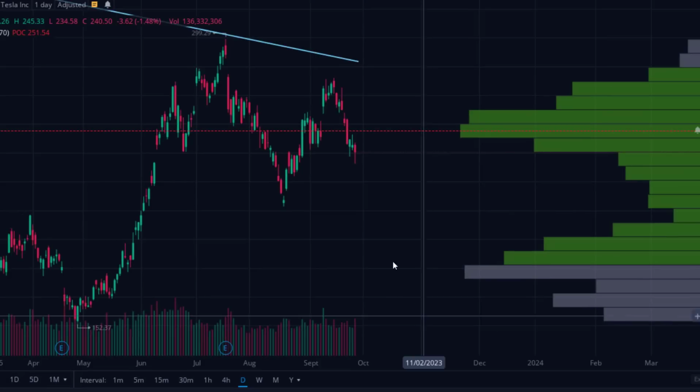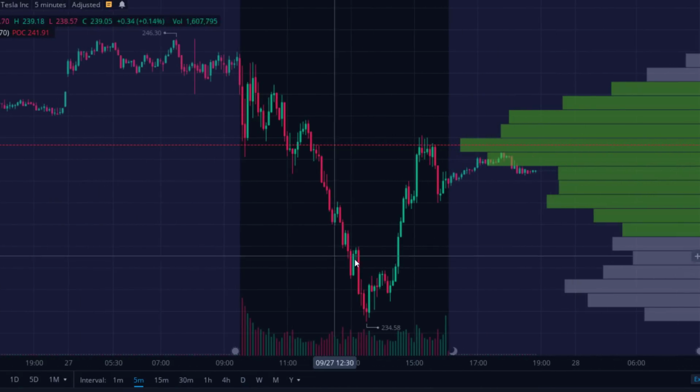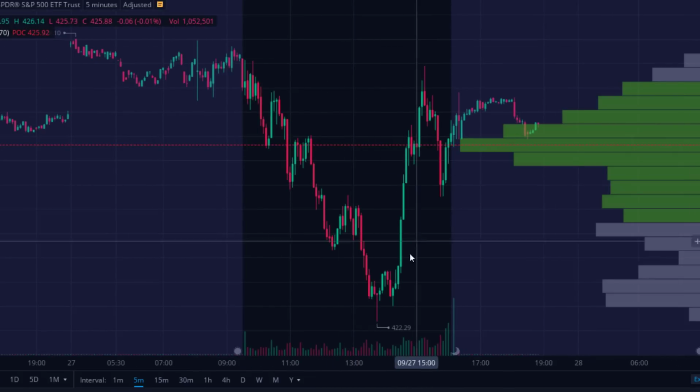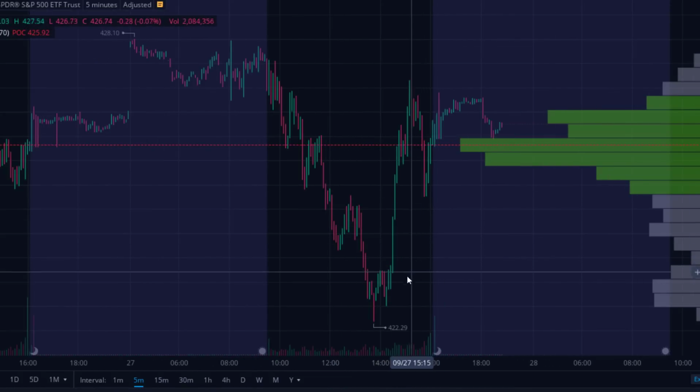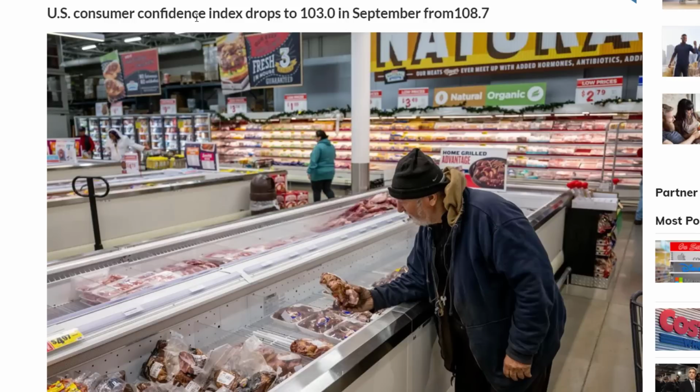This is why when we take a look at Tesla for today, we saw with the 10-year treasury making a new high, this wasn't good for the markets. In fact, let's take a look at the S&P 500 index ETF SPY. We see the same exact type of price action. Now, I want us to pay attention to the U.S. Consumer Confidence Index as it is currently dropping, and we're going to go ahead and look into that data, but